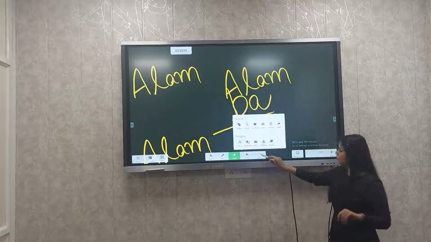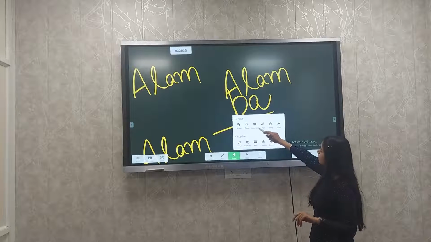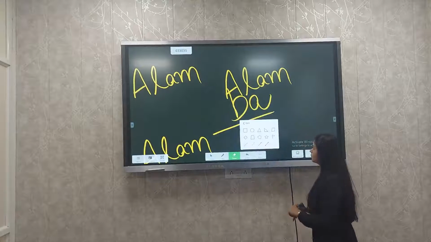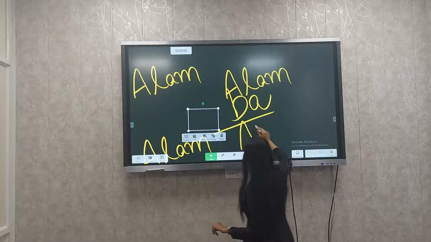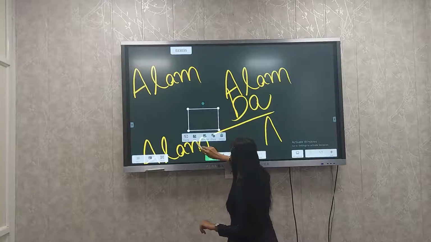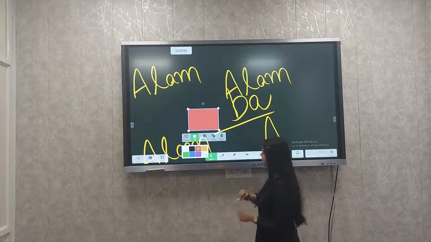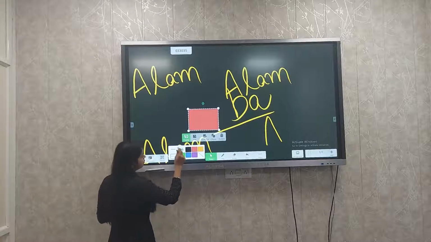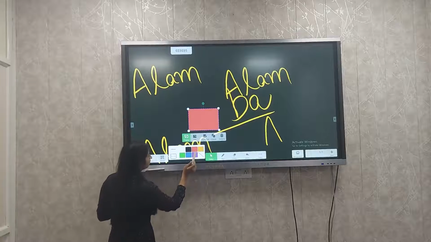Now let's go to more. In this more you get different options: shapes, zoom, inner board, snap, timing, redo. Let's select shapes. So here you can fill the color as well. See, you can change the frame type. You can change the style of the border. Change the color as well.